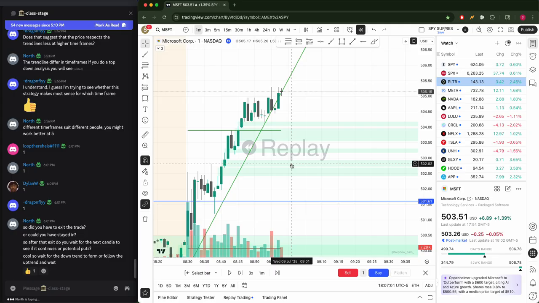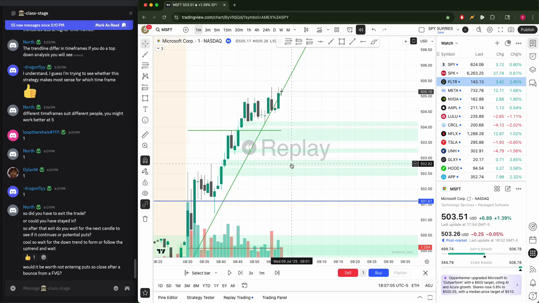I think the most I've gone through was like 3 fake outs today, and then I finally eventually caught the biggest move. Like this morning, I lost 20 cents on Tesla, and then the very next trade, because it was a fake out, I got faked out for 20 cents. Next trade was 87 cents. That was profit. So you're going to get faked out a lot, especially if you're looking for a reversal on